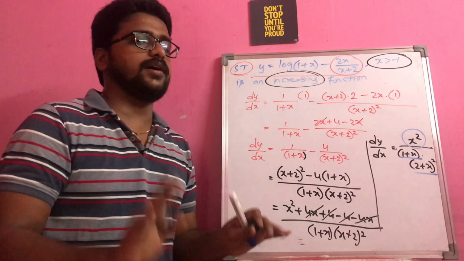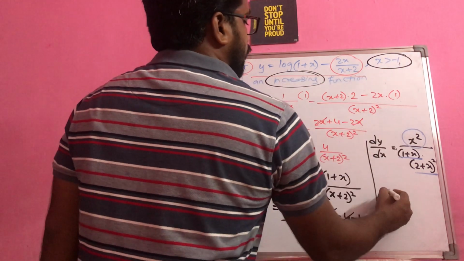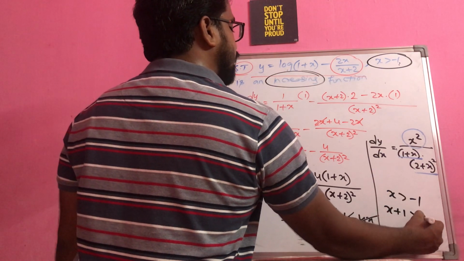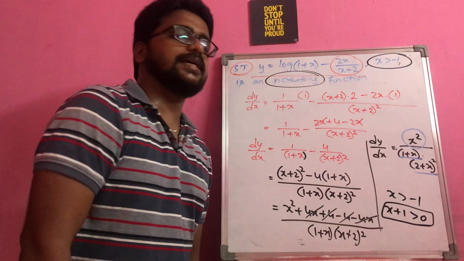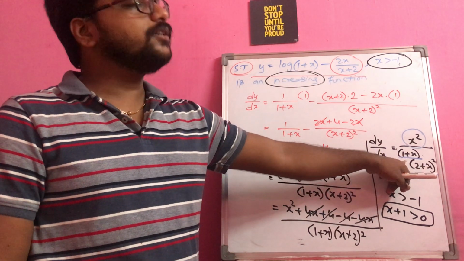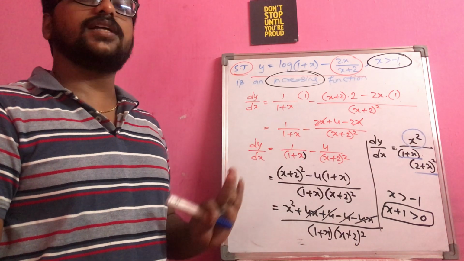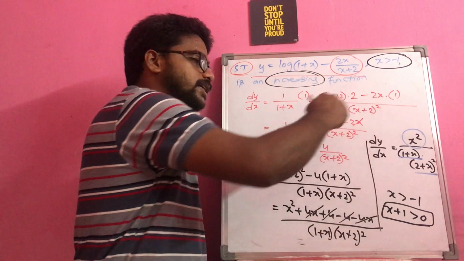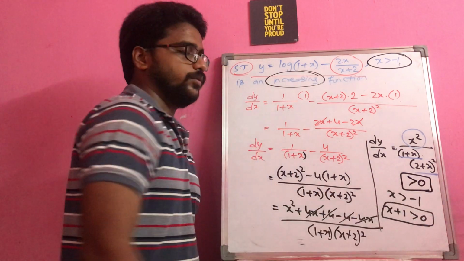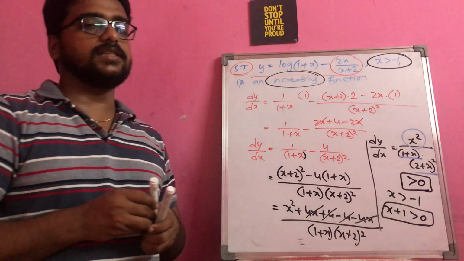I mean, even in between decimal values also will be there. And if you see here, if I rewrite this inequality, x greater than minus 1, from this if I send 1 to the other side, x plus 1 is greater than 0. So that means 1 plus x is greater than 0, indicating that it is a positive number. So the denominator here is a positive number, and obviously x square and x plus 2 whole square, we came to a conclusion that they are positive numbers. So this entire fraction is having all positive numbers. Obviously dy by dx value is greater than 0. When dy by dx is greater than 0, then you can say that the function is an increasing function.